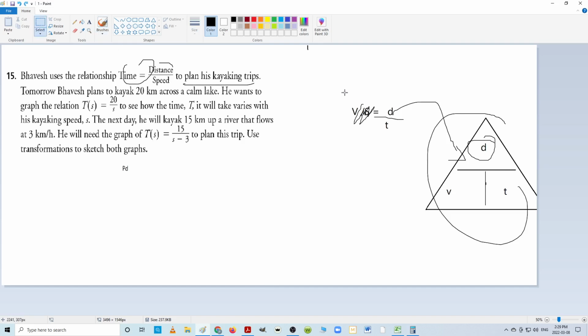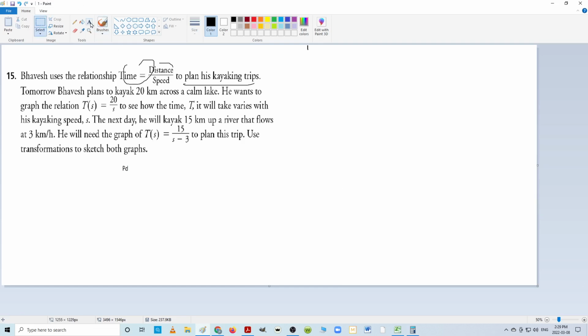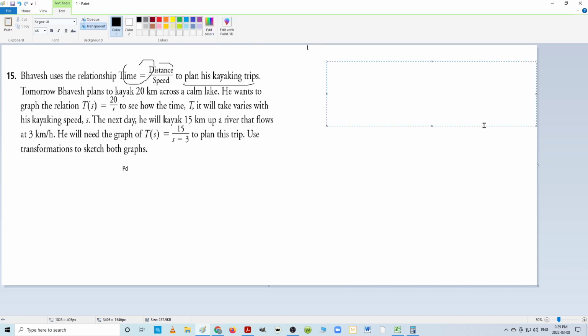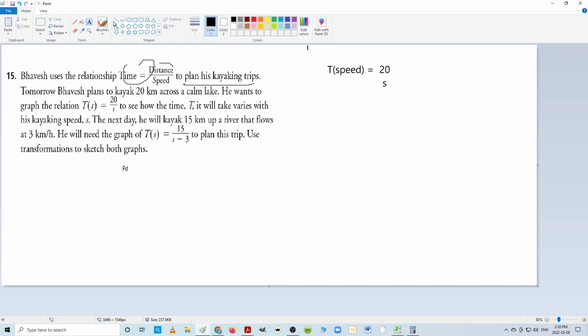So let's start by doing this. You can think of it as, there he goes, you can see it's right over here. So the time based on the speed is equal to, he's going to fix the distance as 20, divided by whatever speed he goes. So depending on S, the speed here, depending on what speed he goes, as this goes up,